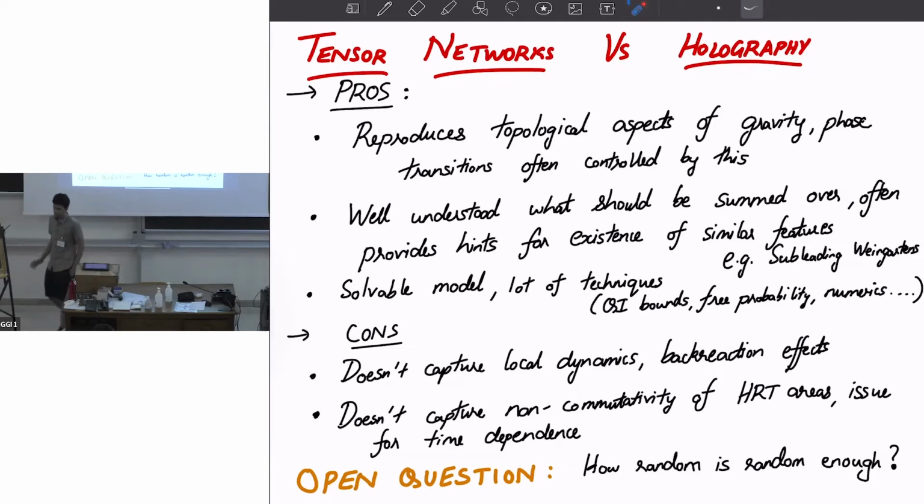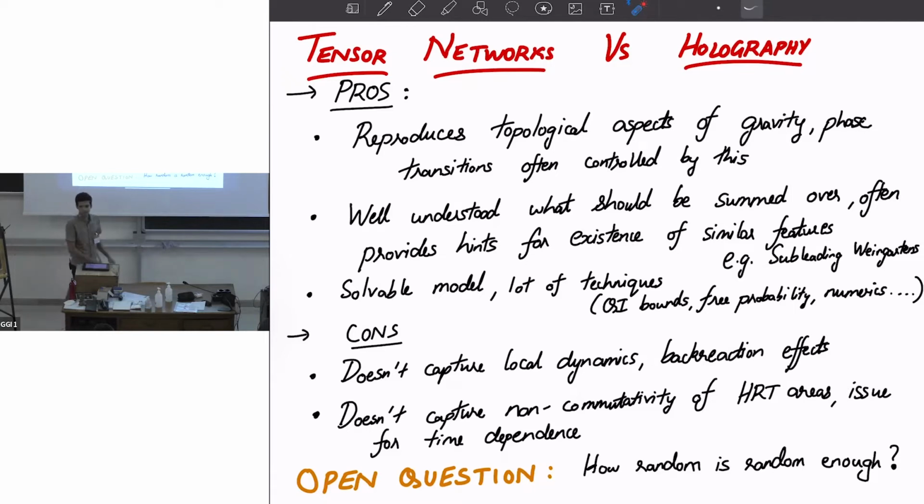There are other things like entanglement phase transitions and so on, where the exact same structure shows up in both tensor networks and the path integral. So I'd like to take it maximally seriously and see what we can learn from it. And also, it's a playground where a lot of things have been figured out.